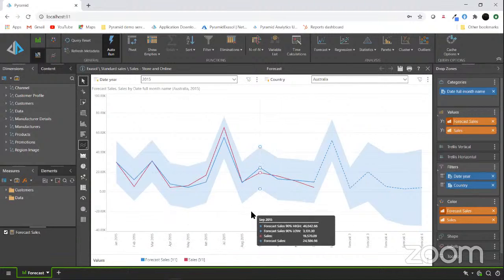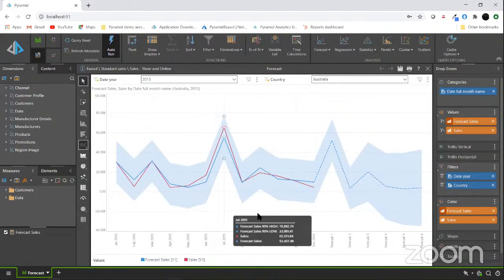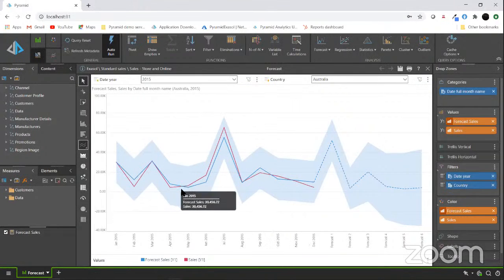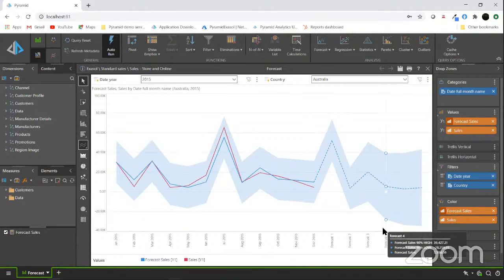I've also applied the forecasting algorithm to the historic data on a yearly basis. You can see the red line is my actual sales. The blue line is the forecast sales applied to the historical data to see how close a fit it is to the actual values. And then my forecast 6 months out is the blue dotted line, and the shaded area is my 90% confidence interval on that forecast.